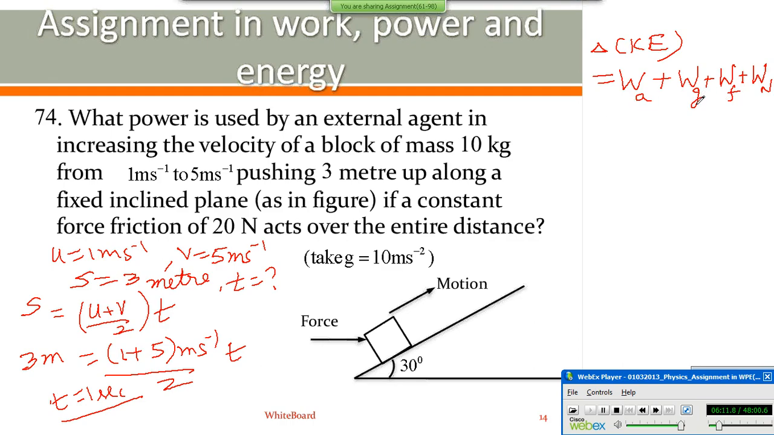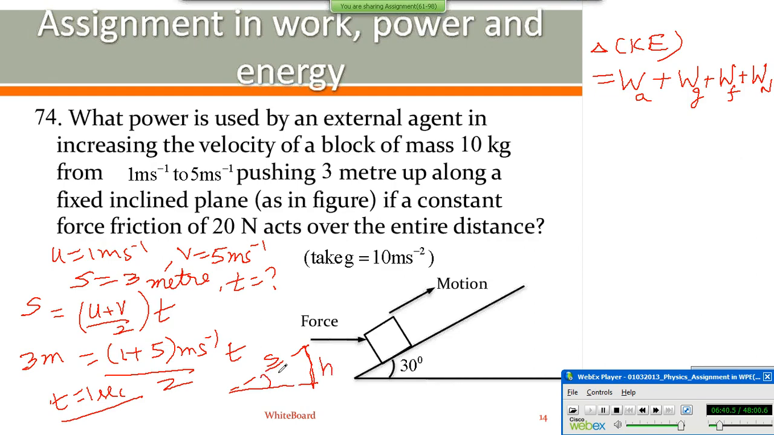Wg represents the work done by the gravitational force on the block. As I discussed in the past, when the center of gravity of the block rises through a vertical height h near the earth's surface, the work done by the gravitational force on the block we can write as minus mgh. So when the block moves a distance s up along the inclined surface